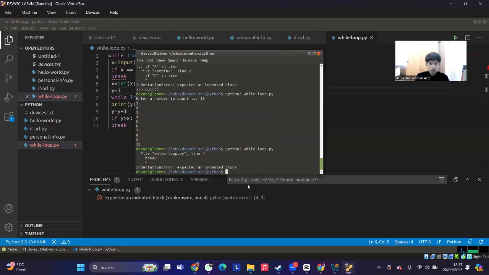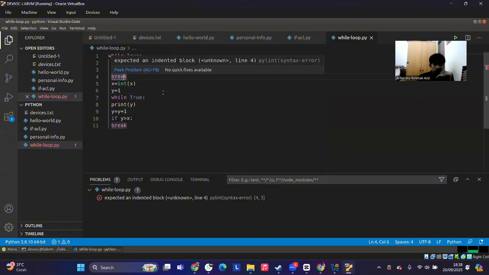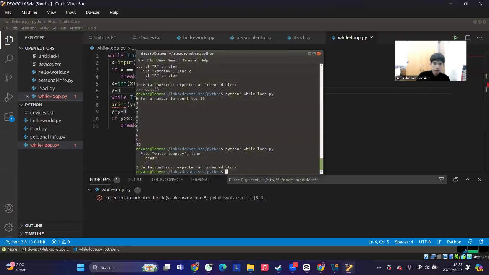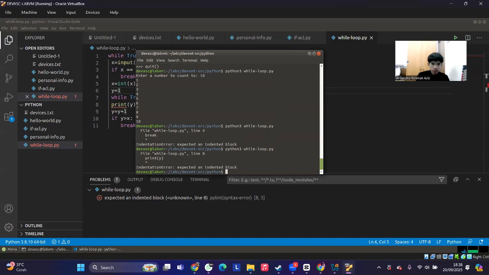Example, line 4 break. Why is it? Okay, sorry, I will continue again. Python while loop.